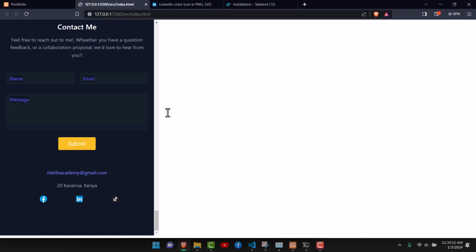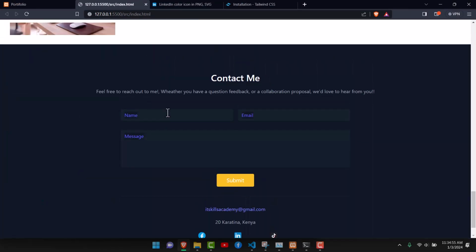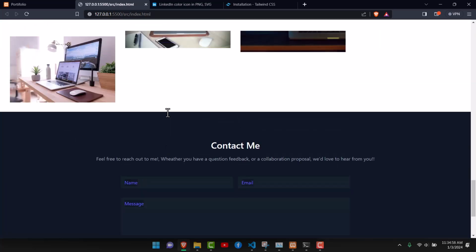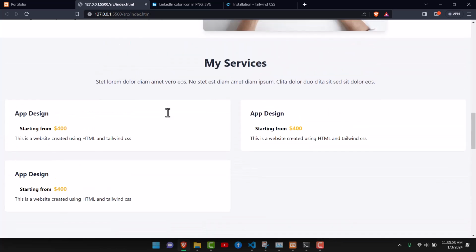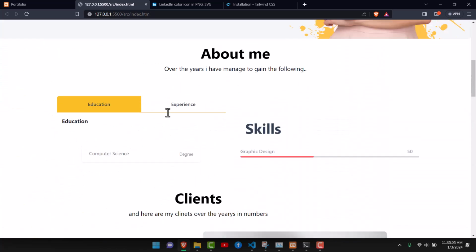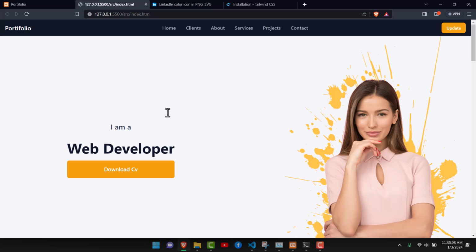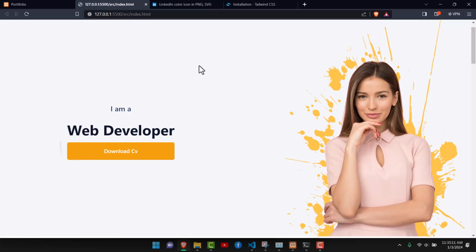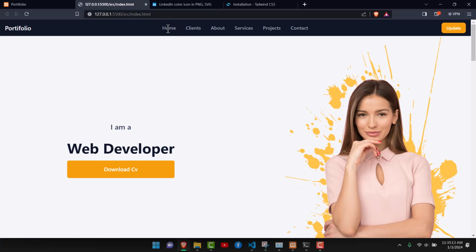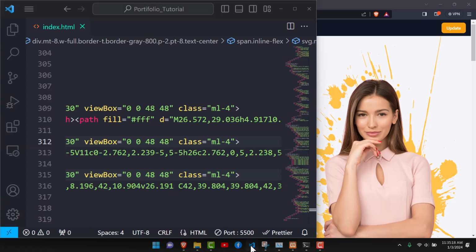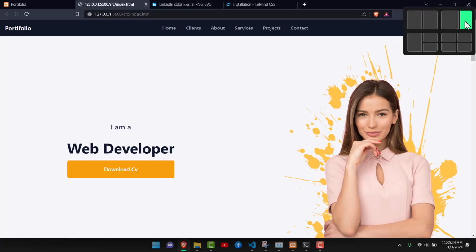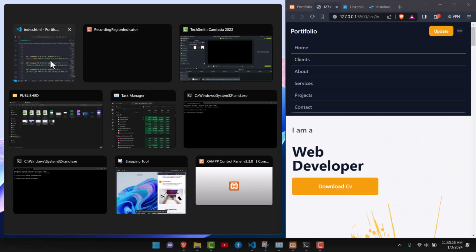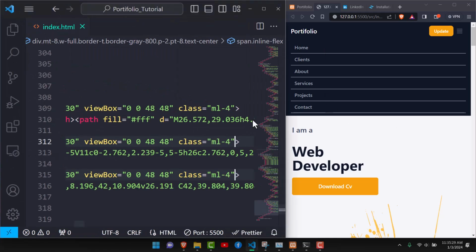And so now when we look at the whole thing, now it looks like that. So that is the footer there, the projects, we have the my services, we have the clients, we have the about, and we have the portfolio or the hero section. So these ones should be taking us to those specific areas, so that when you click on a specific link, you're taken to that specific